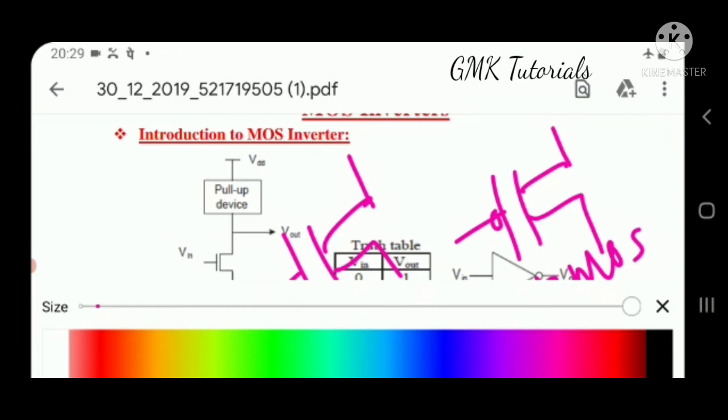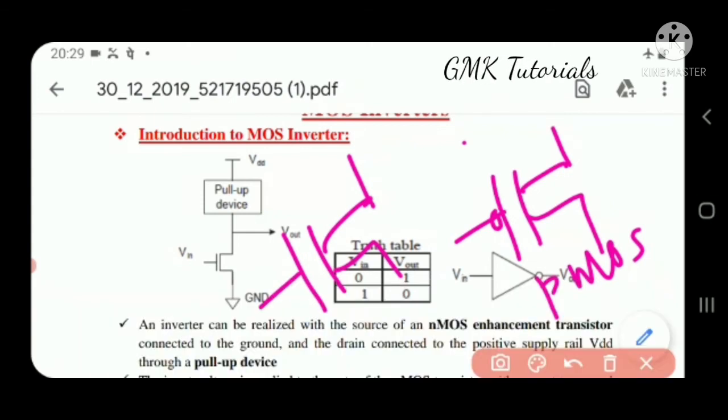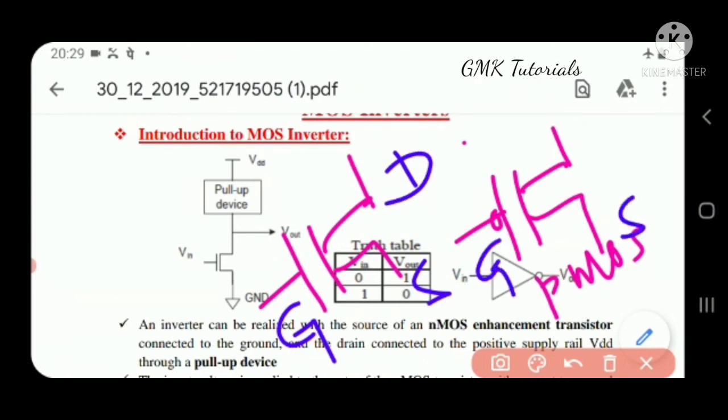Coming to the field effect transistor, the operation of the transistor depends completely on the field created across the gate to source terminal. That plays a very important role in the operation of metal oxide semiconductor devices. Every FET, or field effect transistor, also has three terminals: gate, source and drain. Here also, same thing, gate, source and drain terminals.